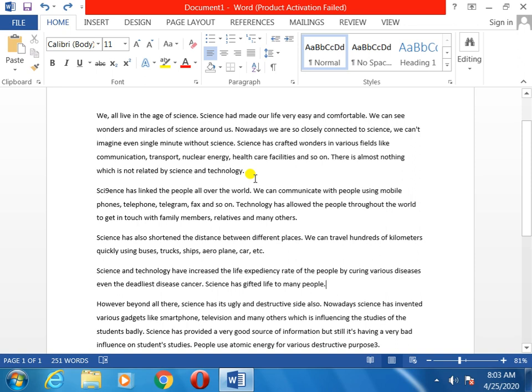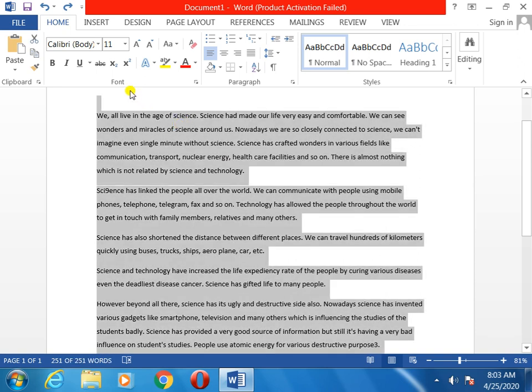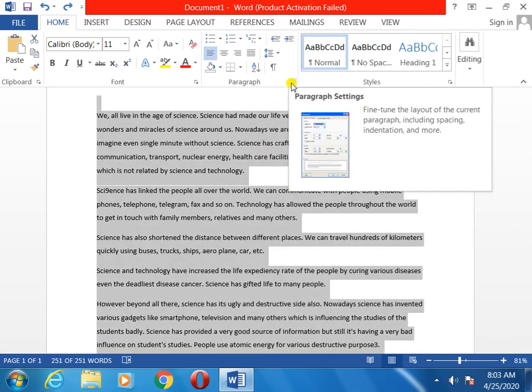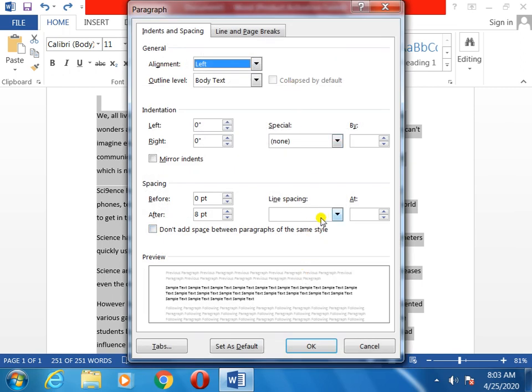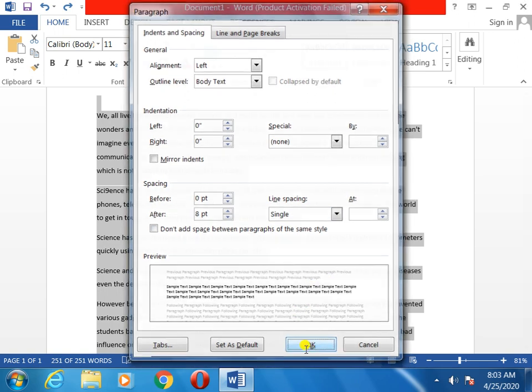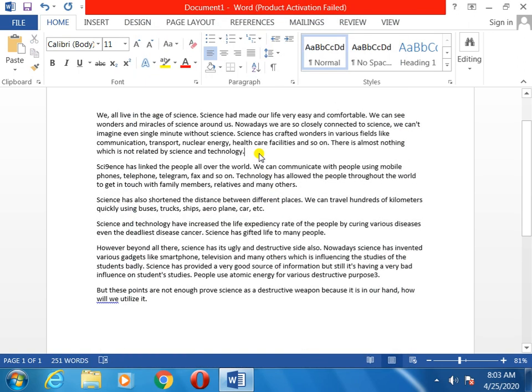Now once again I am showing you, we will remove the line space. Once again we will go to the previous options. How? Again you will select everything. I have selected all. You will go to the paragraph options, then here in line spacing you will give single and click on OK. Now you will follow again the previous position.